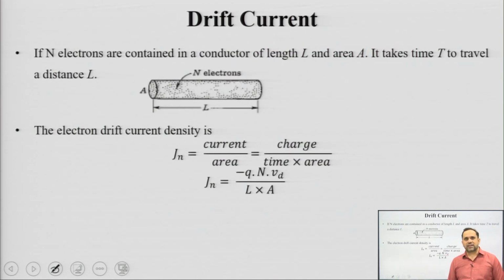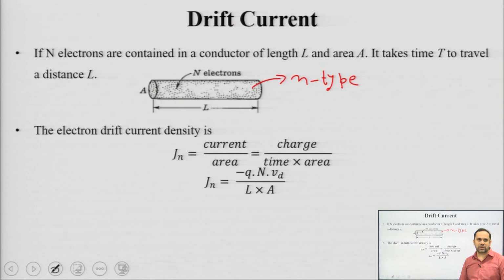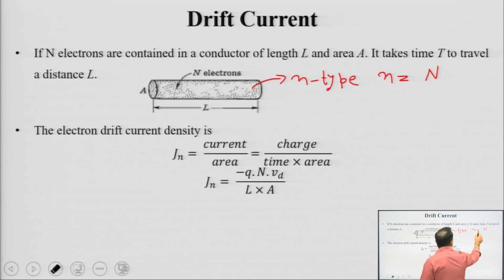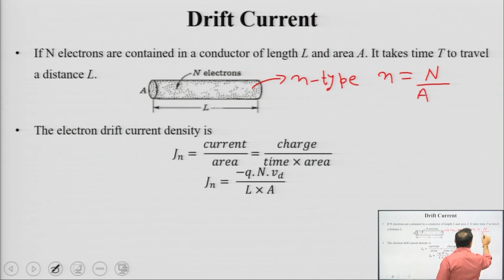If I now need an expression for drift current, I am going to start, say this is a piece of semiconductor. Again my discussion is for n type, I will give you an example for p type also. So, this is an n type semiconductor. Okay. It has n number of electrons, this uppercase n tells you how many electrons are there. This is not the concentration, this is the absolute number of electrons. Okay. So, if I want to get the electron concentration, I will use the number of electrons divided by the area times length, number of electrons per unit volume, this will be my concentration.